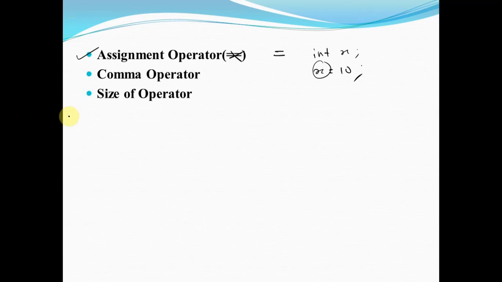And the last one is the sizeof operator. The sizeof operator is again a unary operator which is used to calculate the size of different data types. It can be applied to all data types. When we want to use this operator, we have to use the keyword sizeof in our program, followed by the type name, variable or expression.